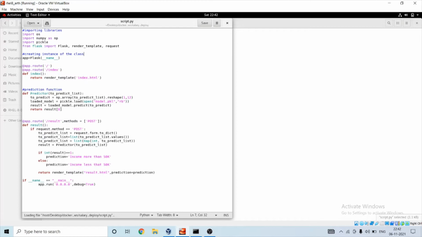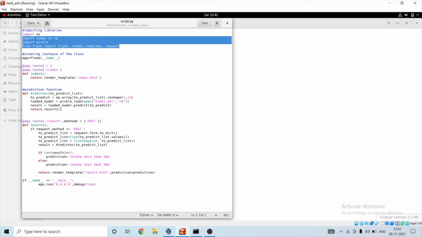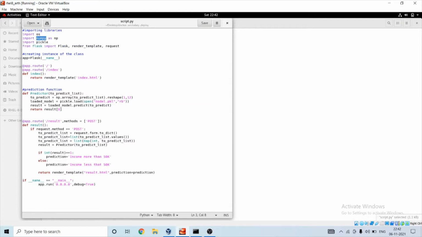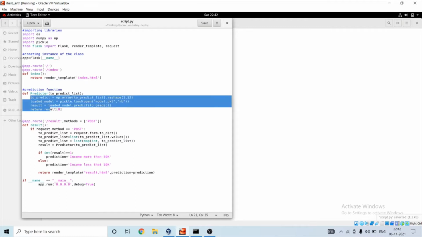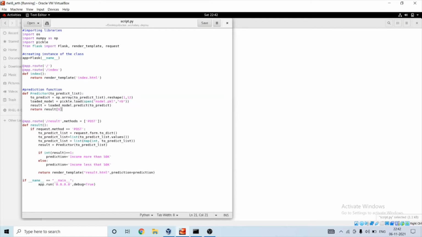So first I'm importing necessary libraries such as Flask and Pickle. Pickle is used to save the weights, and then I'm loading them again with this same pickle library. This predictor function is used to predict the result. So whenever I run the Flask app,